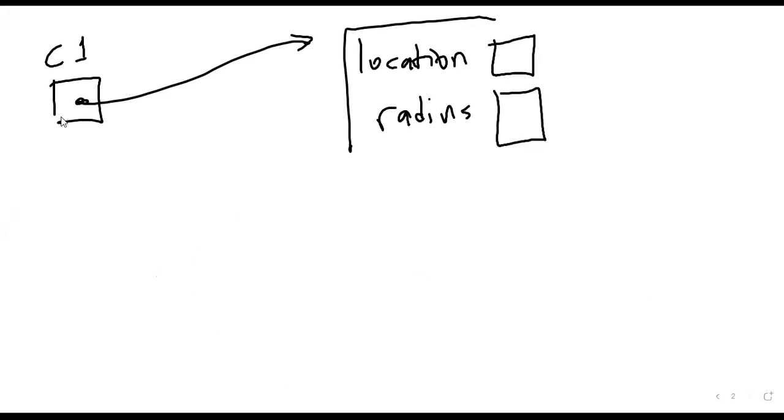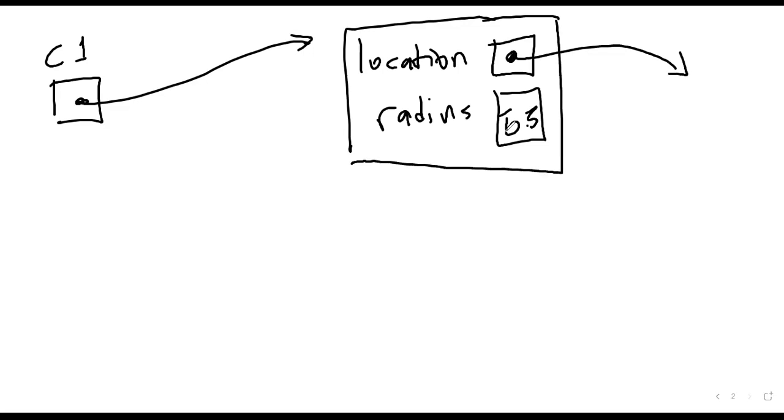Now, what is the radius? Whatever, 5.5. Okay, now location is not a primitive value, it's a reference value. So it refers to a separate location object, sorry, a separate coordinate point object, which has an X